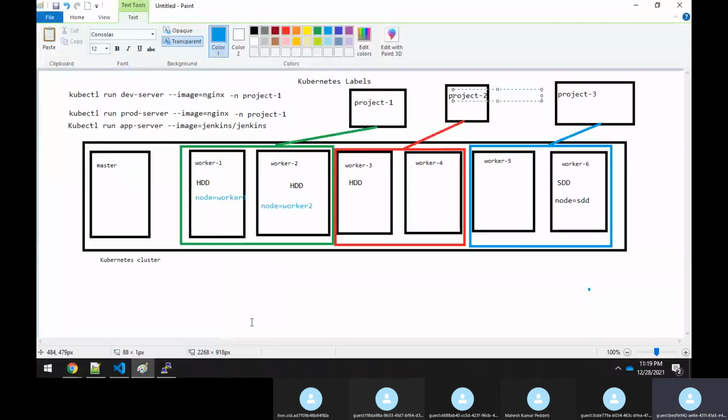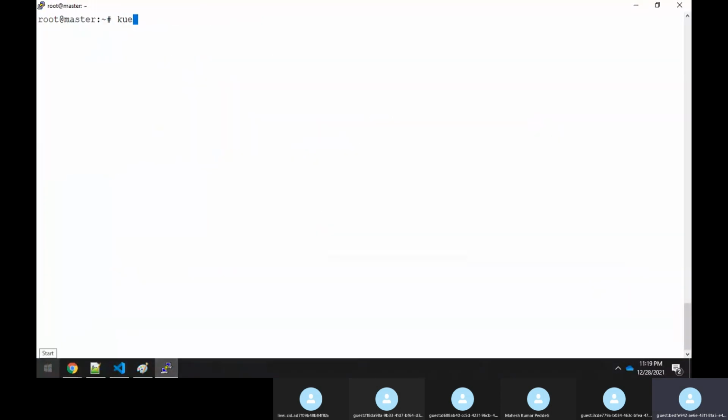Now you do one thing. You will say kubectl run app-server --image=nginx -n project1.